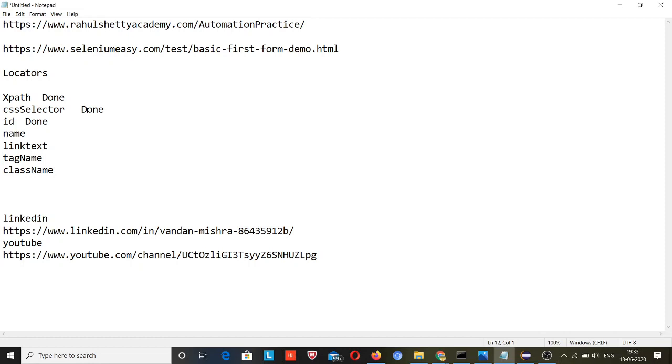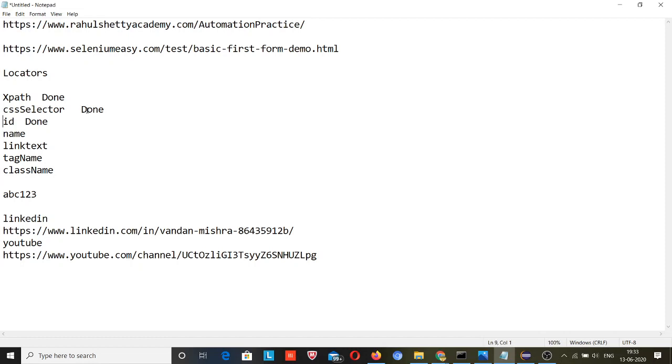But when the id keeps changing, like sometimes you will see in some scenarios, I will talk about it later, the id will be like abc123. This 123 part is not constant, it will be changing. So it is better to refer to regular expressions. You can make a regular expression using XPath and CSS selector.